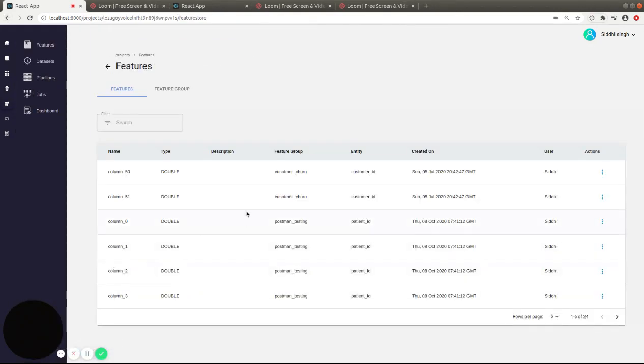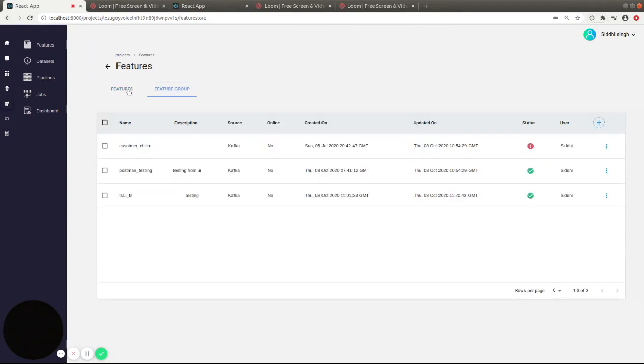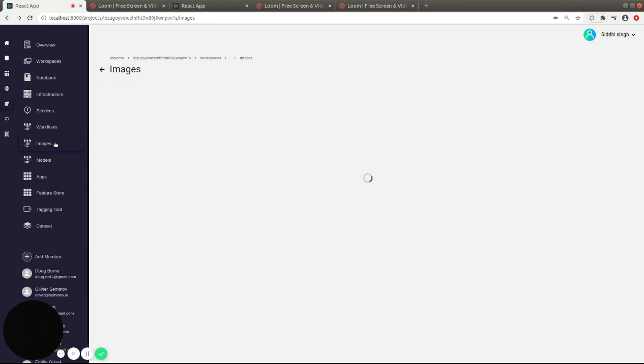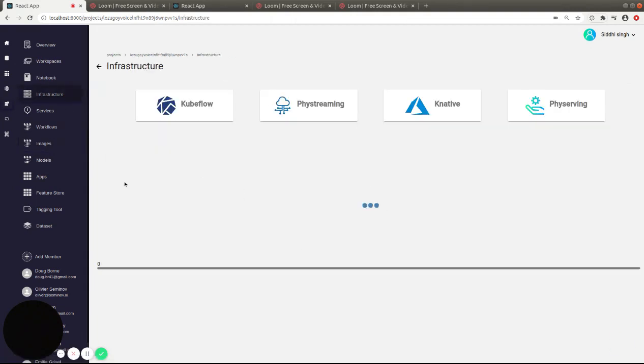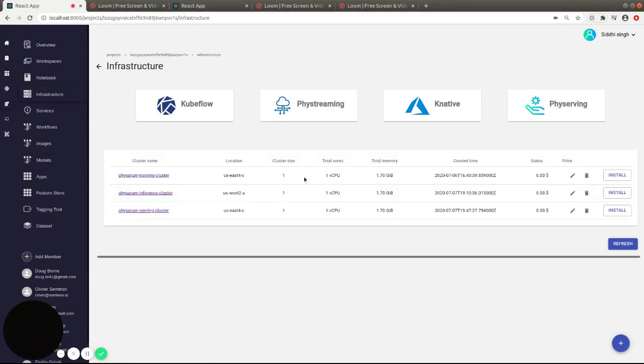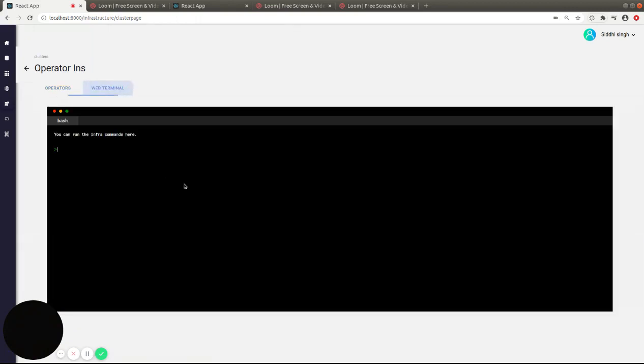And the platform is not limited to this. We have features stored for reusable data engineering pipeline, which can be used across teams and projects to reduce training times. Also, a developer environment to provide smooth coding experience to data scientists with all the proprietary deep learning libraries pre-installed. And also a cluster management panel for Kubeflow, Spark, and various other custom applications, which can be installed with a few clicks. And all of this can be done without leaving the 5Serene interface.